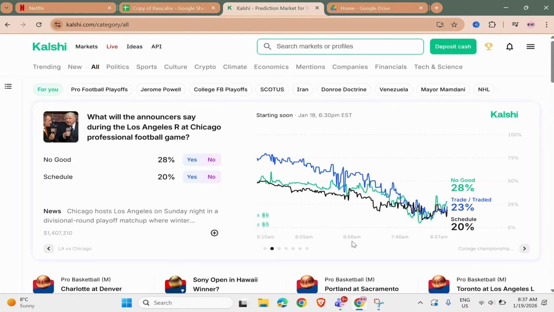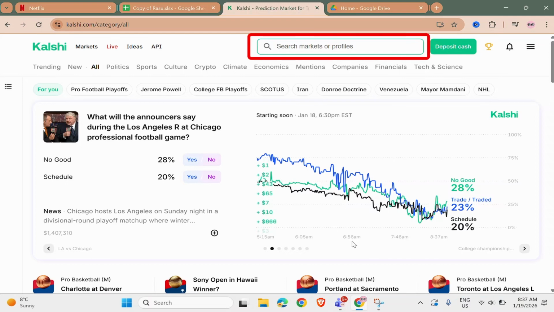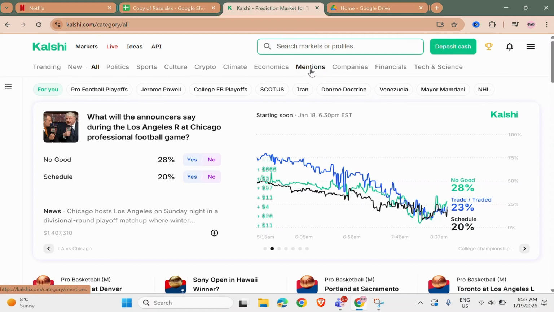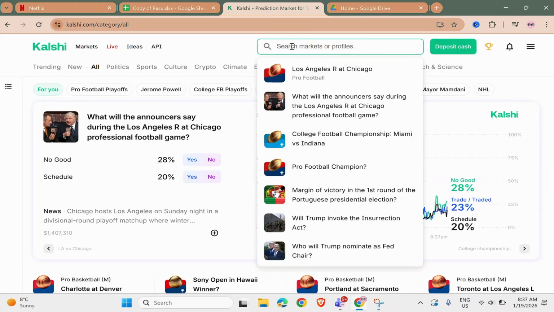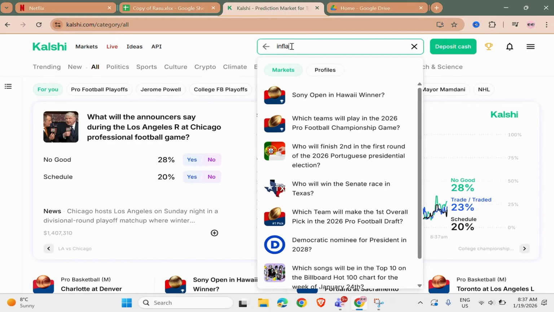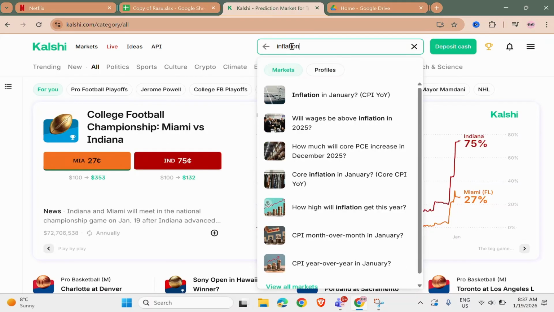Once you're in the home page, the easiest way to find a specific market is by using the search bar at the top of the screen. You can just simply click on it and then type the keywords related to the topic you are interested in. For example, you can search for inflation, interest rate, elections, weather, events, or more. As you type, it automatically shows relevant markets, making it easy to spot what you're looking for without